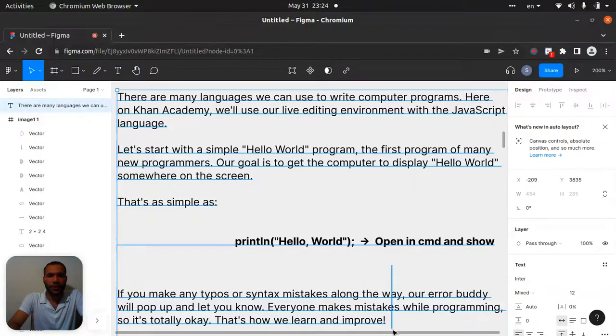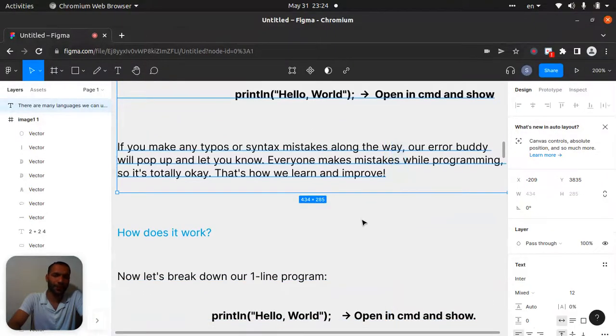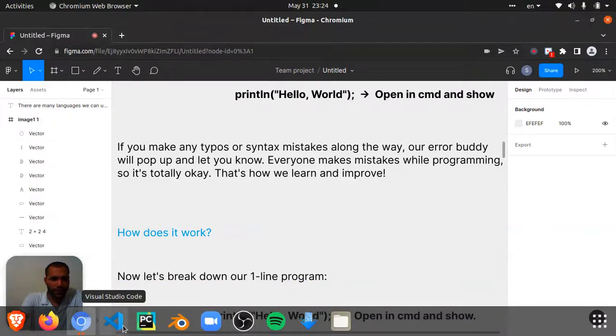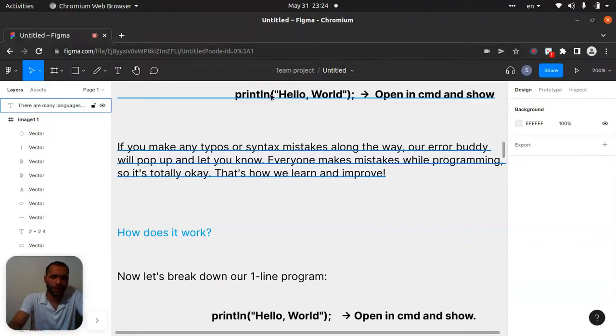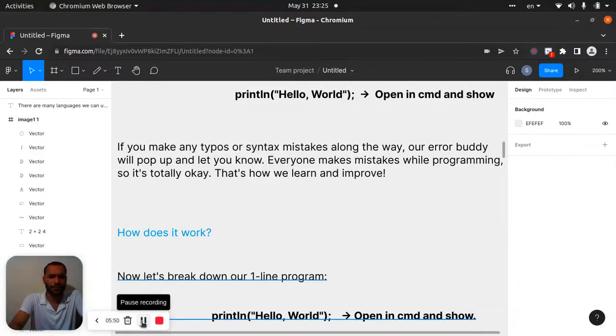With println, we cannot do it in command prompt because I have only Python there. So let's open VS Code if possible. What I want to tell you is that it can be print, because in the next parts I will try to show you in JavaScript how this works, because there are different methods for that. Wait, I will open VS Code.